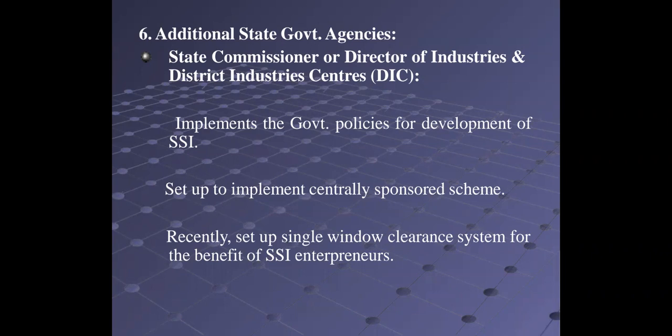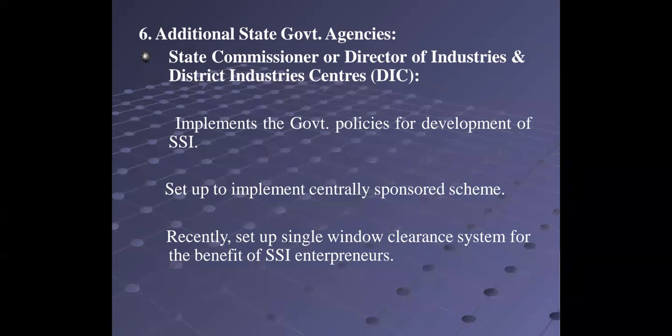They will be focusing only on implementing the government policies for development of SSI. Whatever policy the government has made regarding small scale industries, whether those policies are properly implemented in the state, will be seen by the state commission, and that it is properly maintained, mentioned and implemented in the district,